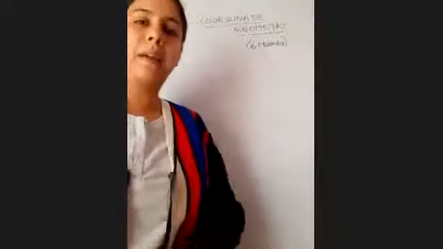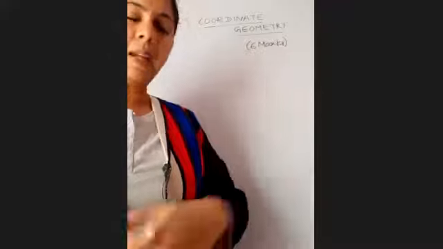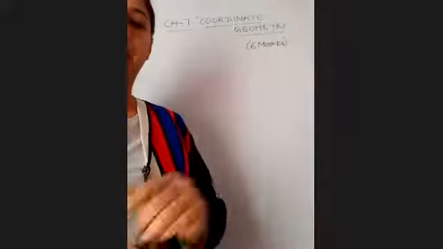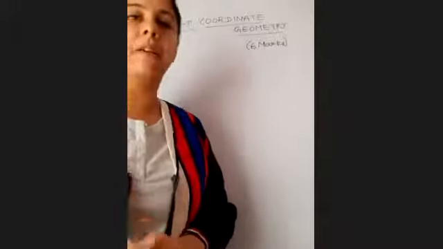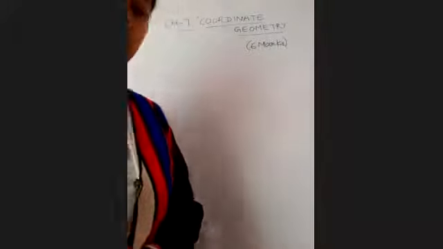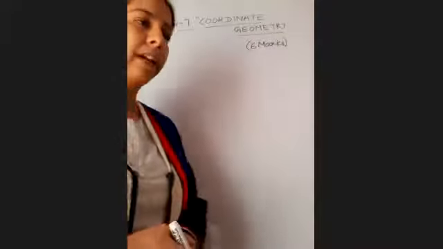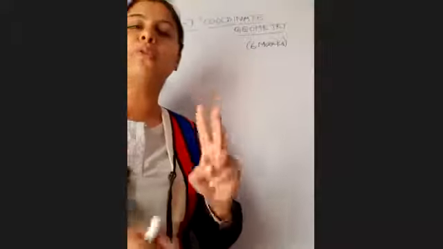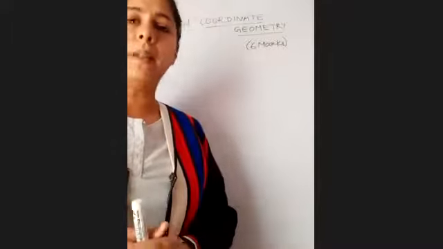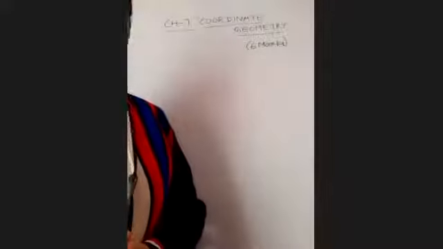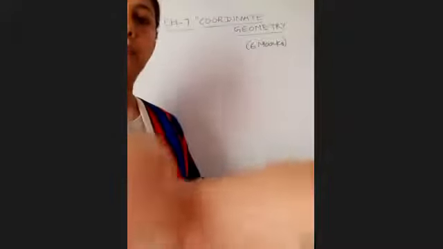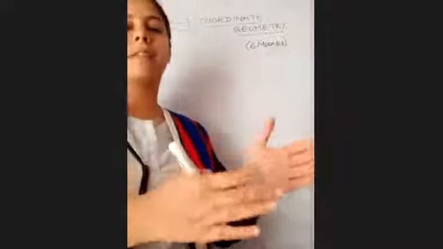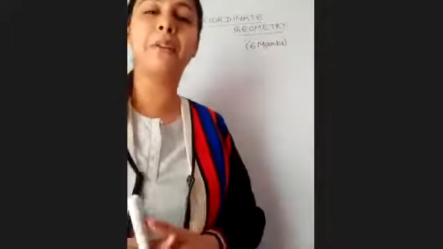There are 3 exercises, children, in the chapter, and each exercise is based on one formula. But CBSE has deleted the last exercise this year. That is the area of triangle formula, deleted. So we just have to focus on the 2 formulas here. One is the distance formula, the other one is the section formula. The first exercise is based on distance, the second is based on section.